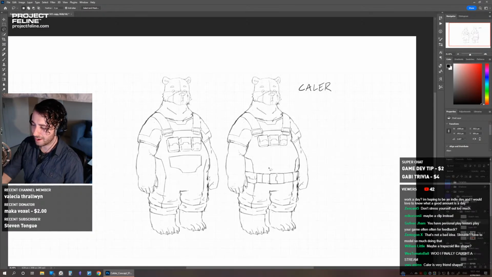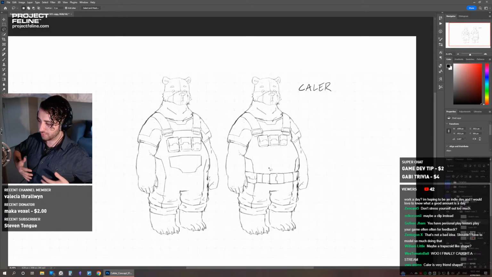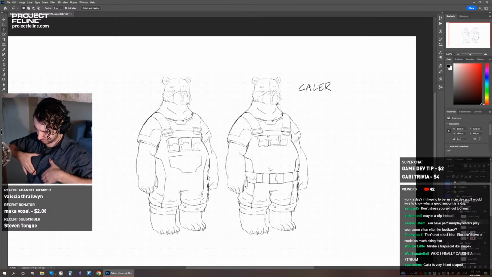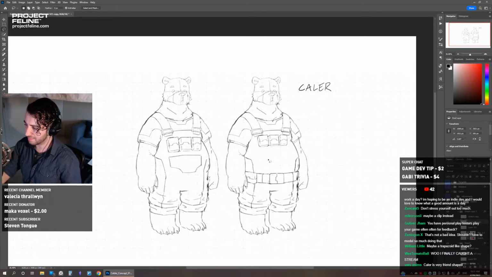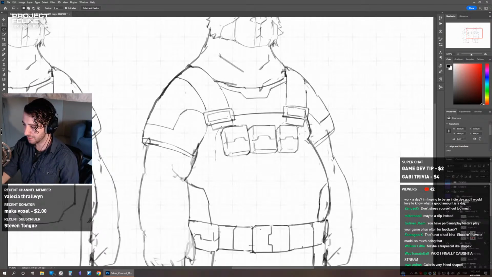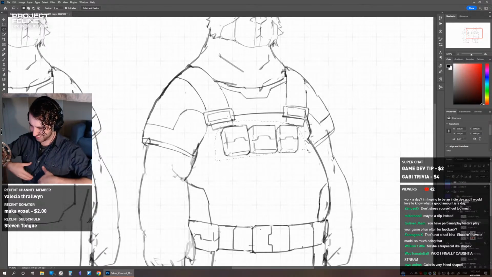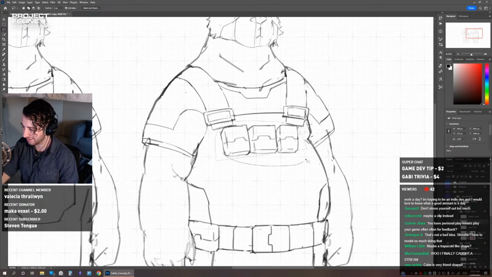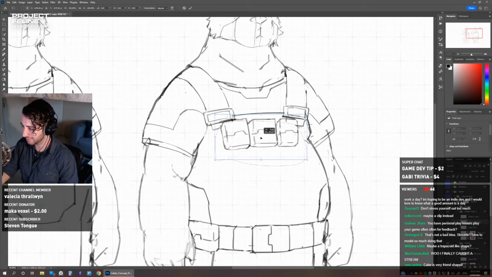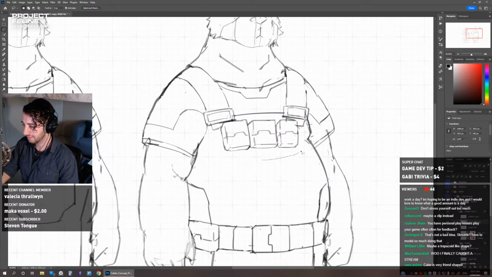I'm just thinking, if I was wearing this, where would I feel comfortable? I guess sort of like where this is. So the pockets need to end on this part of his chest and start a bit higher. So I think I might need to bring that up a bit, because if you have the pockets there, it just feels uncomfortable. If I was wearing this and had Calder's proportions, I think I'd want the pockets a bit higher, because I don't want it sitting where that muscle is.